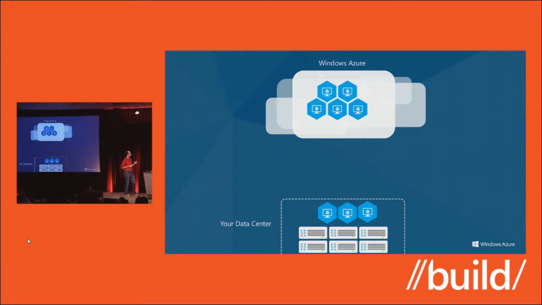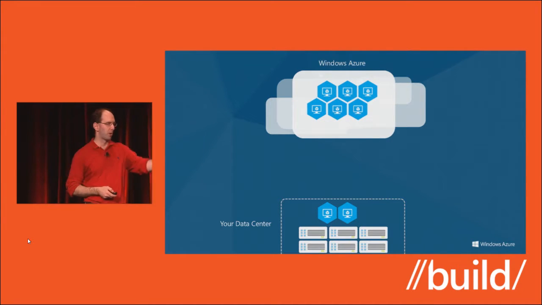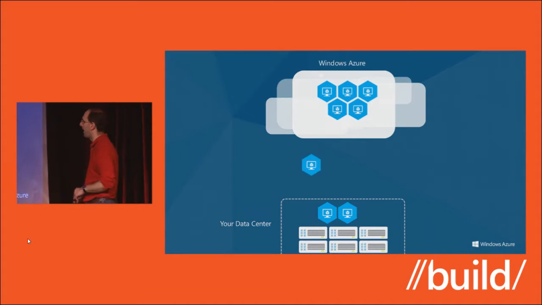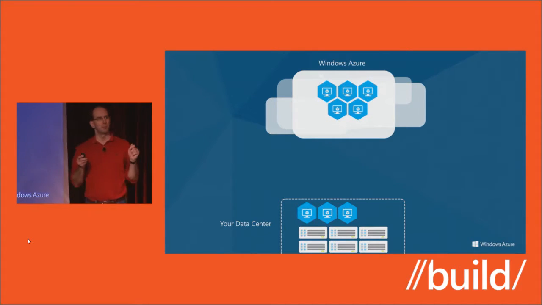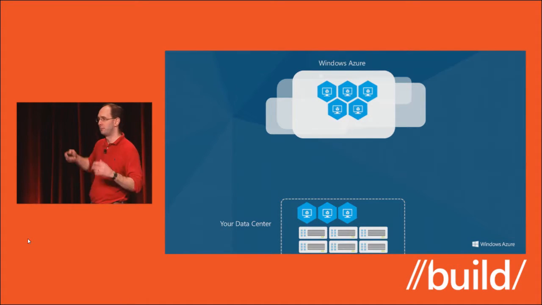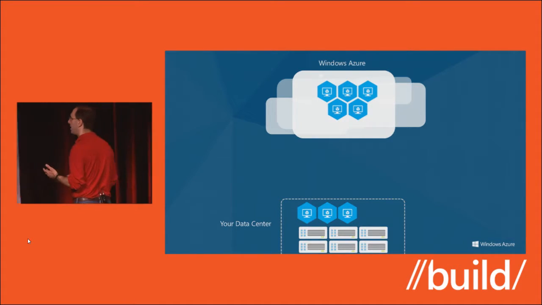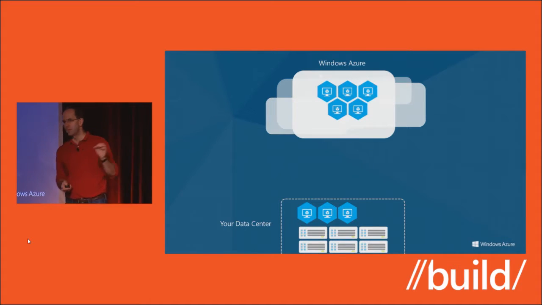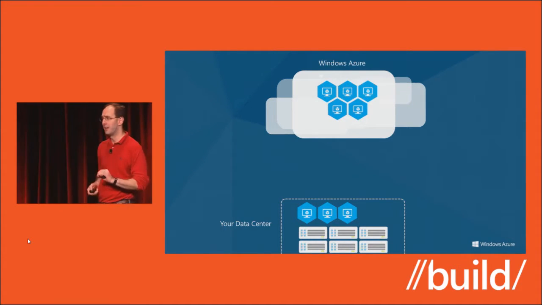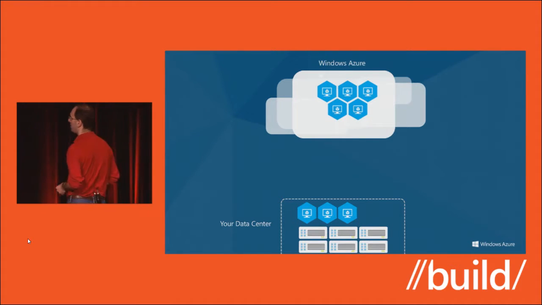Likewise, you can literally just copy it up. There's no import-export process. You just copy it, and then within the portal you can just say start a VM based on this VHD. Likewise, any of the VMs that you create in Azure, you can download and boot up on your local servers or local desktop. Again, you just copy it down, start it up, and it's just a VHD. That's true both for your OS partitions and for your data disks. So it's a great way to upload and download data as well. Just create a VHD and you can mount it in either way.